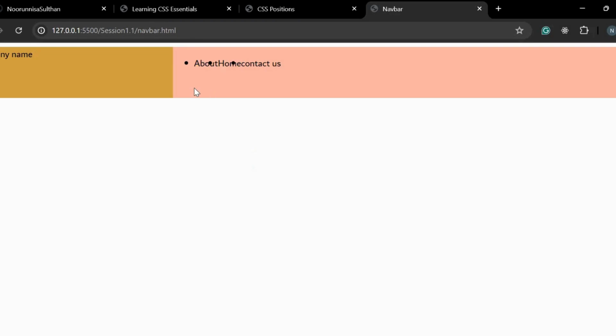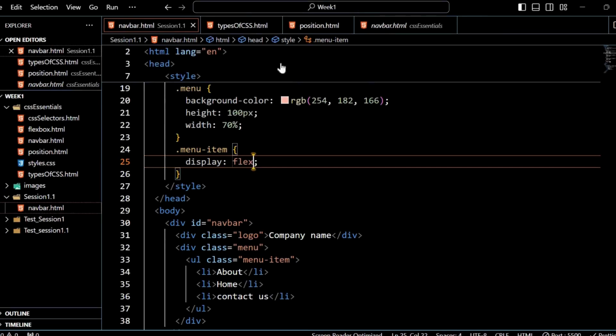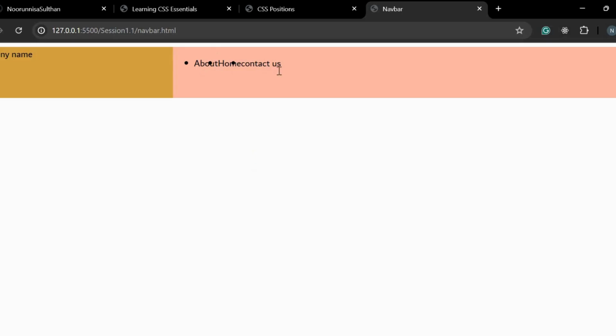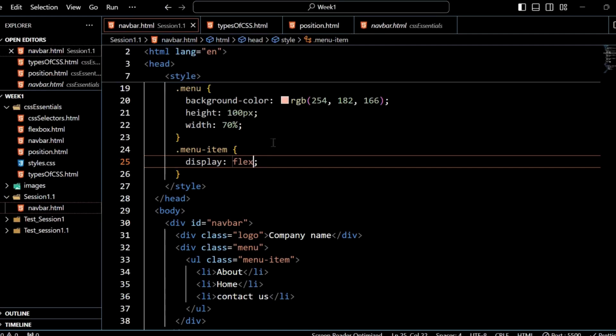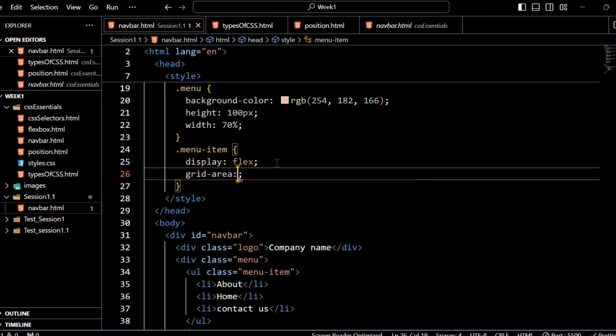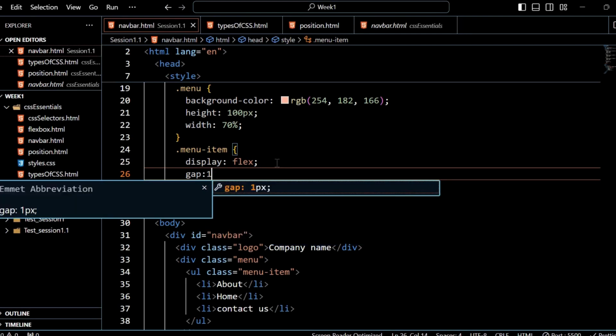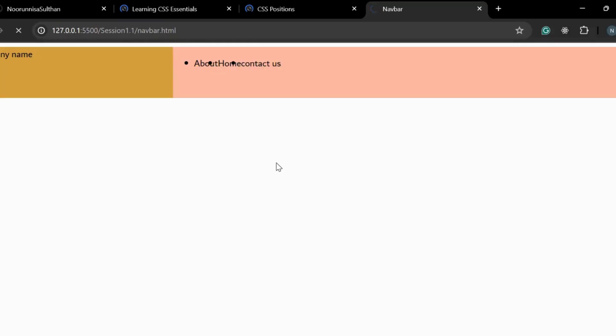Okay. Now if you see, things have come side by side. Once they came side by side, you can see they're all together, and it's not making any sense now. So to solve that, we can add something called gap. Okay, so gap we'll add as 20%. When you add gap 20%, you can see there's a gap, and we want to remove the bullet